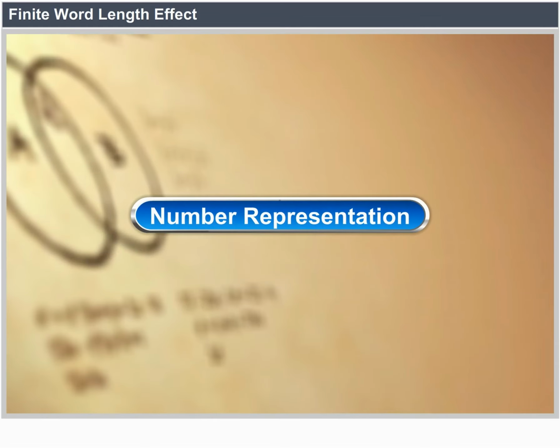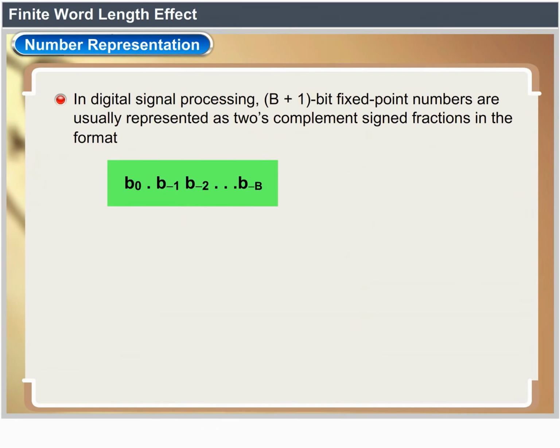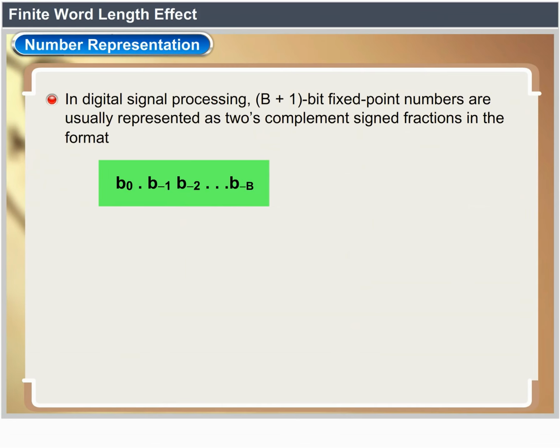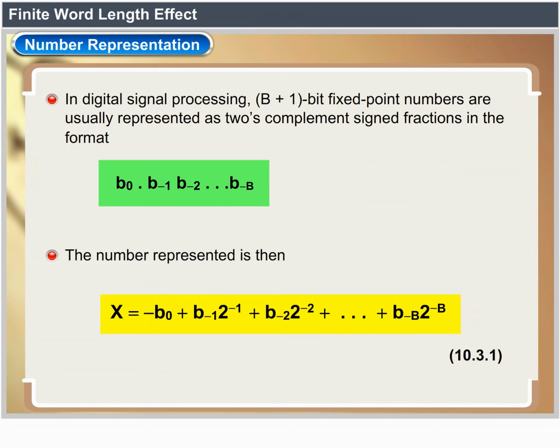Number representation. In digital signal processing, B+1 bit fixed point numbers are usually represented as 2's complement signed fractions in the format b0, b-1, b-2, etc., b-B. The number represented is then x equal to minus b0 plus b-1 into 2 power minus 1 plus b-2 into 2 power minus 2 plus etc. plus b-B into 2 power minus B, called equation number 10.3.1,